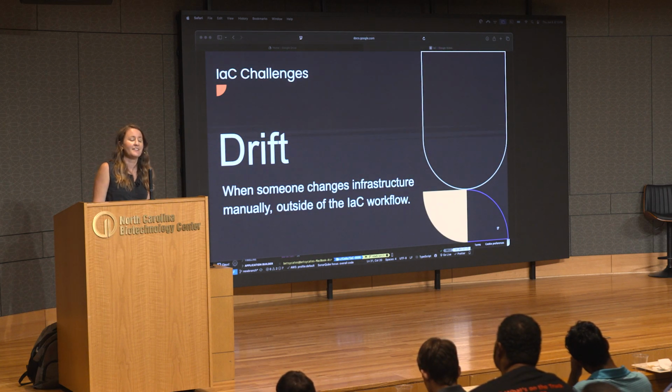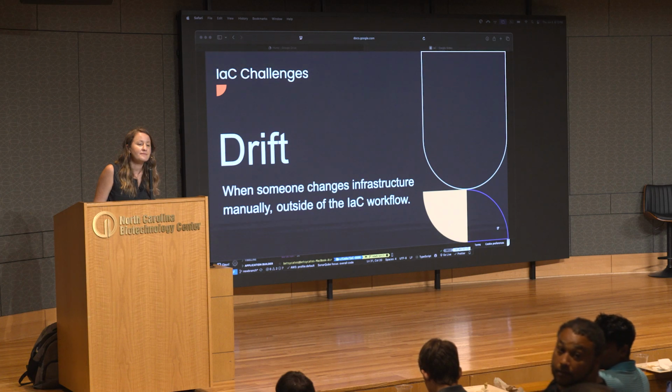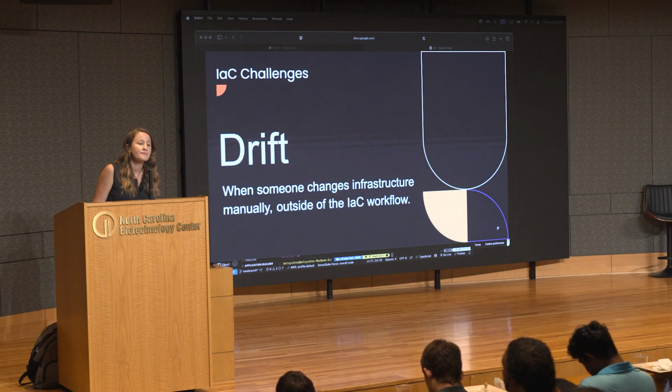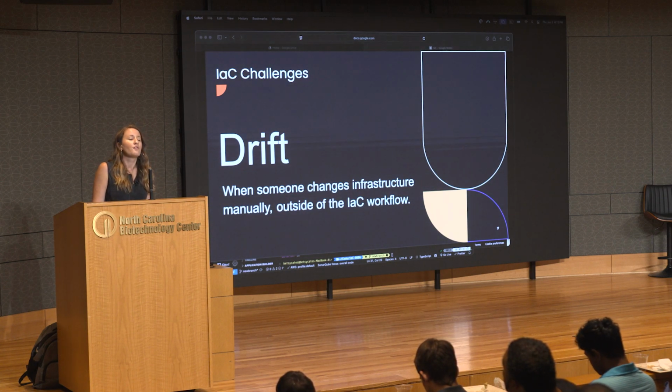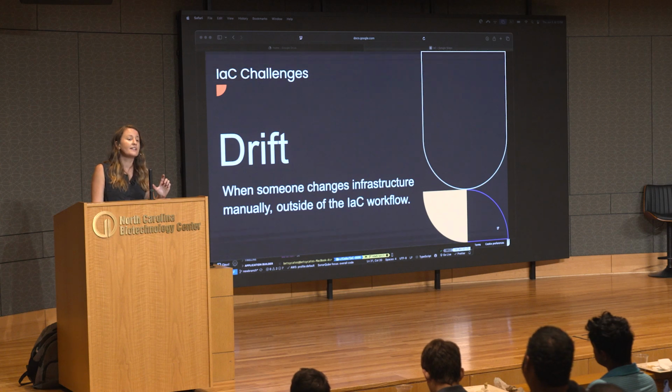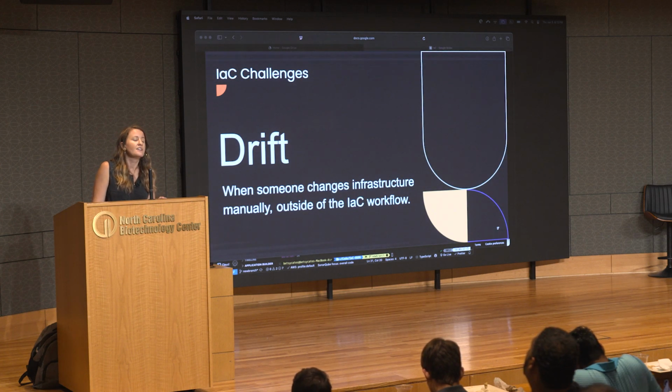Does it scan to say, hey, something's changed, or is it just the next time you go to update it, it says, hey, 422 is now open here, do you want to delete it? From my understanding, if you don't have anything set up in your file, it's not going to catch it because it doesn't know to look for it. You would have to see it on the console to know.